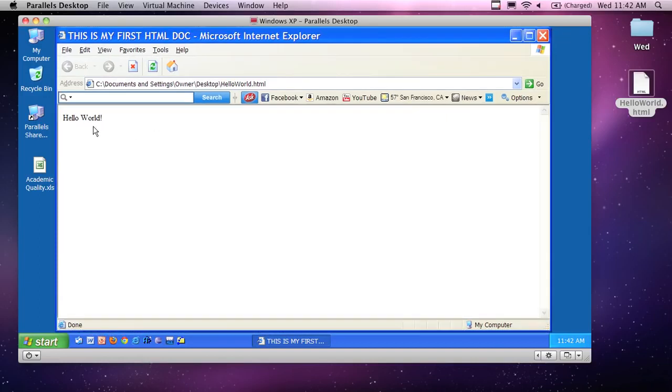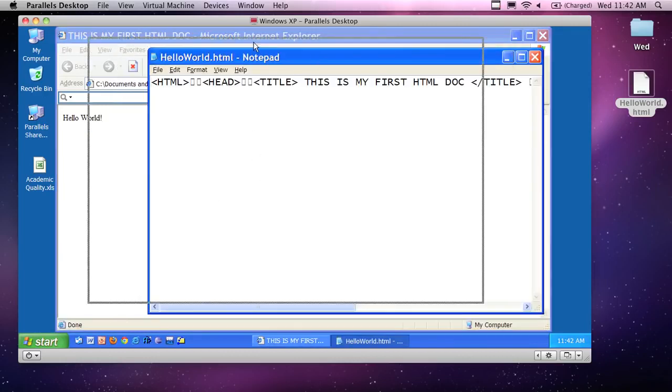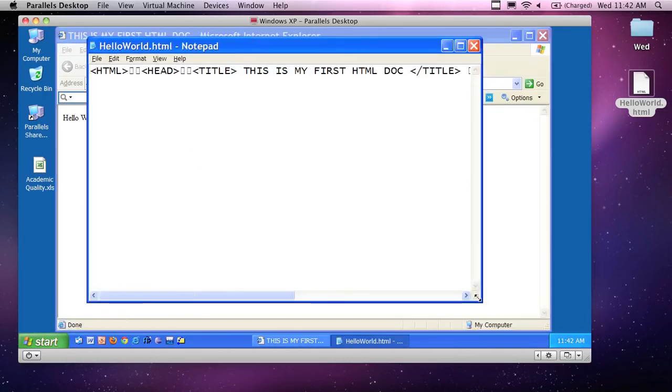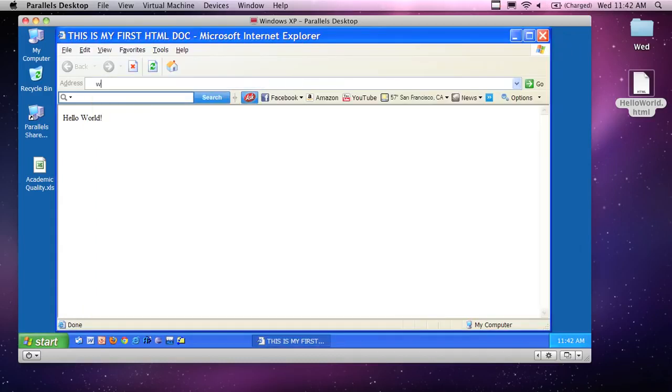But if I have this HTML document out here, I can go over here and say View Source. And it actually opens up my Notepad window, and it shows me what the source of the document is. You can see I have some weird characters in there because I took this from a Mac system and copied it over to a Windows system. No biggie. The browser just ignores it. So what you can do is, as an example here,